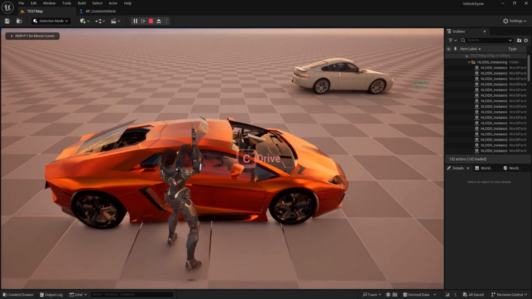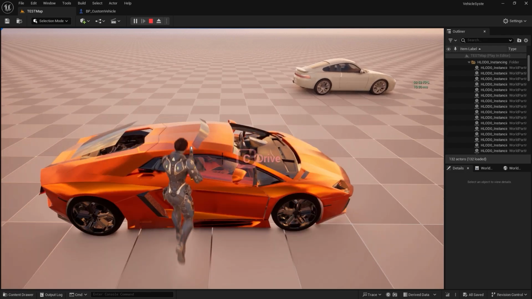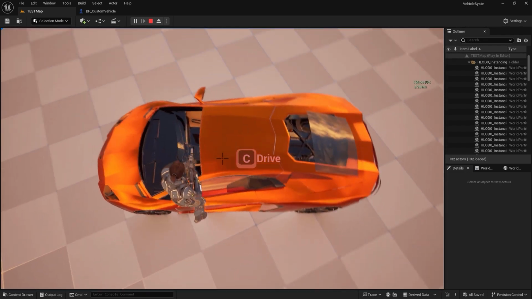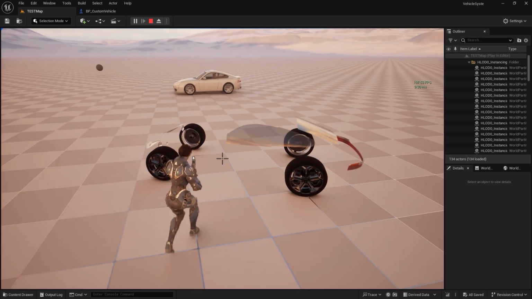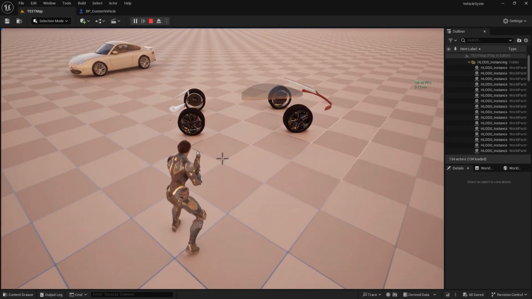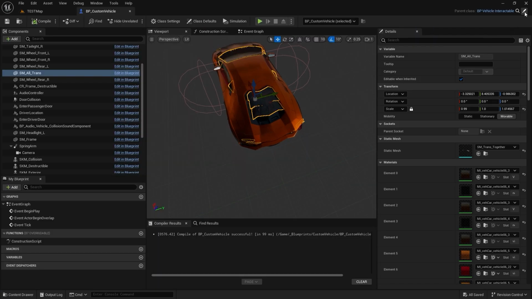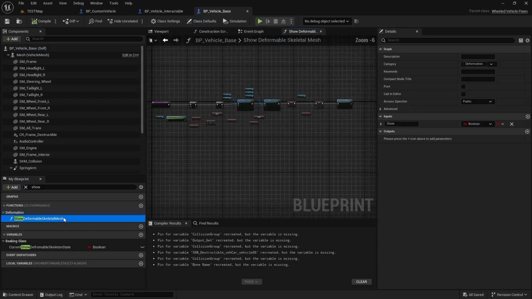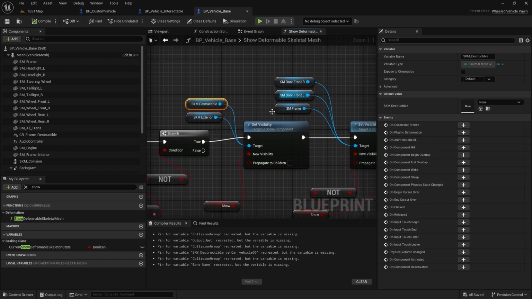If you come here and touch the vehicle and just randomly, you will see one problem that sometimes happens. Well, now you can see right here that is hidden. Sometimes it's getting hidden and sometimes it's visible, which is not exactly what we want. We just want this vehicle to be visible all the time. To fix this problem, I'll come here to the base class like this. This is the base class, and in base class I'll search for show deformable skeletal mesh. And if I open this one, you can see right here we hide this SKM Destructible, and we set the